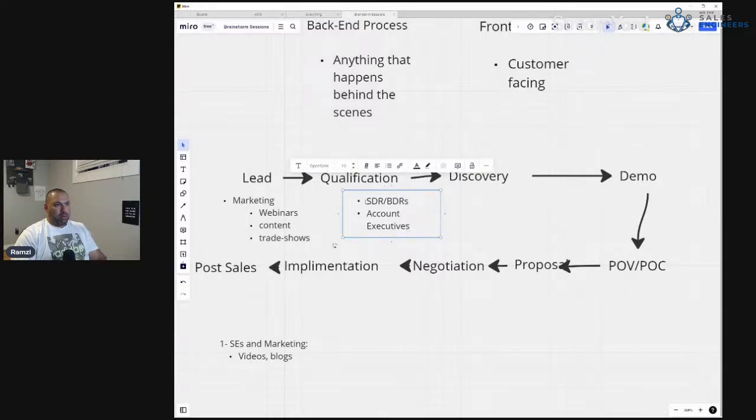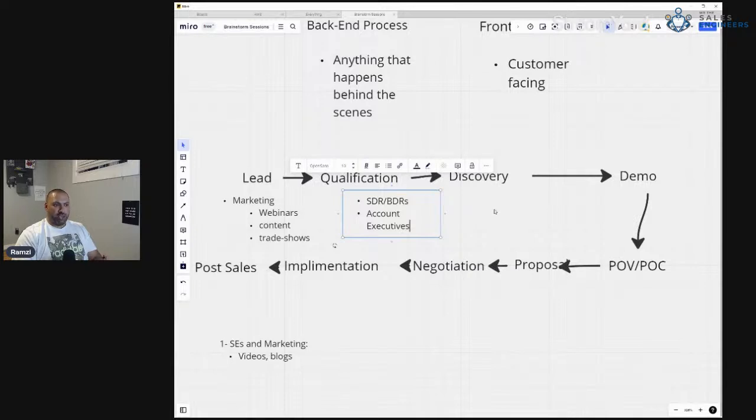Now, the way I've seen SDRs and BDRs work, they're great at looking at the basics. Hey, do you want to talk? Are you interested in our product? But they can't ask their own questions to make sure that even though the customer is interested in our product, does our product from a base level even work for them? What are they using today? And I'm not expecting a lot of that. But generally speaking, after the SDR has a chat with the customer, the account executive, in theory, should have a chat with the SDR, BDR, and capture that information. And if they don't, they should then talk to the customer directly without inviting the SE,